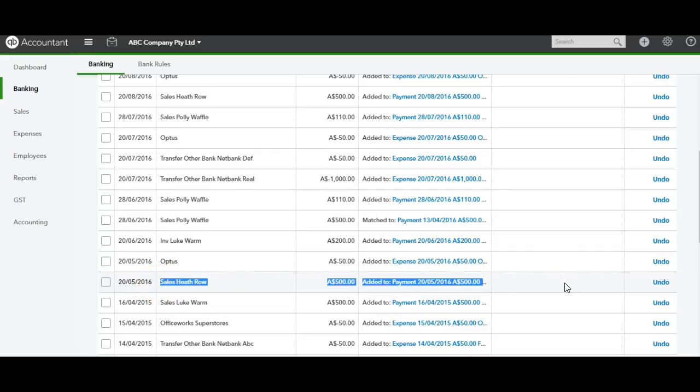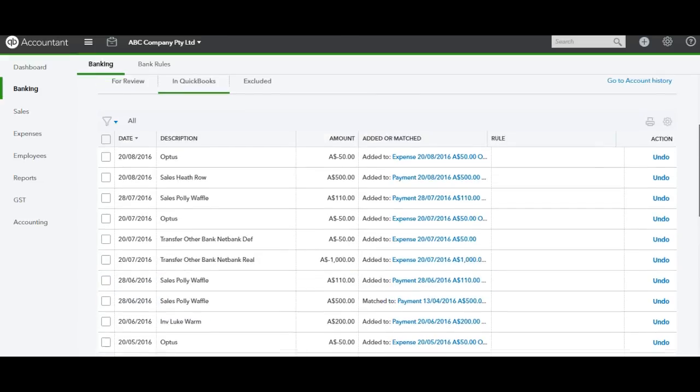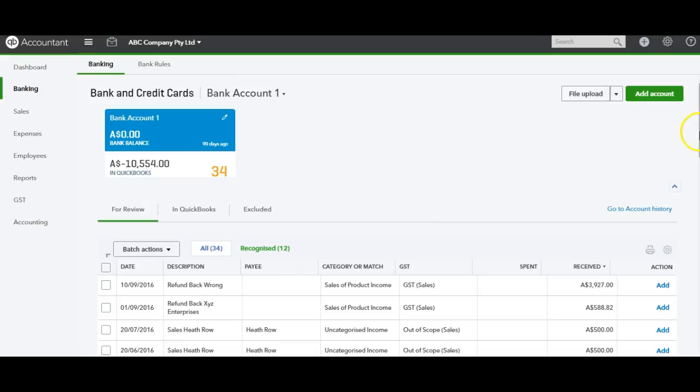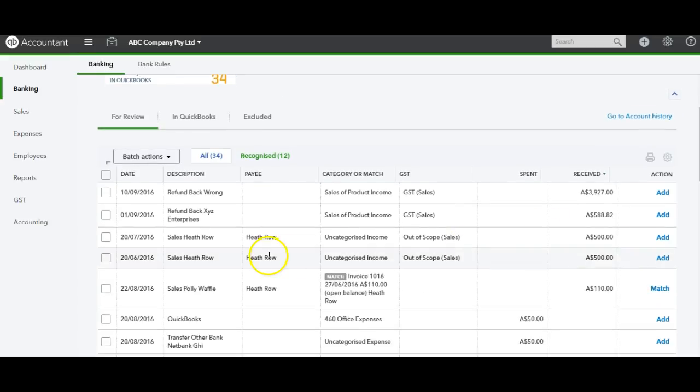Now if we had made a mistake, we could easily just click on the Undo button and this transaction allocation would be reversed and it would go back and be displayed in the For Review screen. And we could reallocate it as required. Okay, let's go back in the For Review screen again, because we have 2 more $500 payments to allocate to the $1,500 invoice. But before we do that, actually, what I should show you